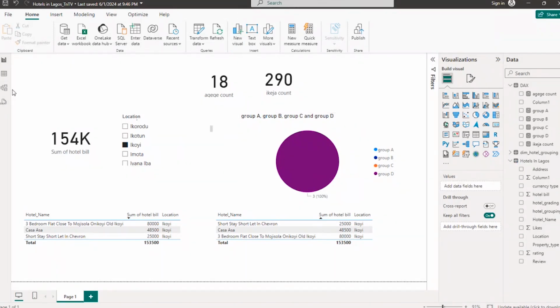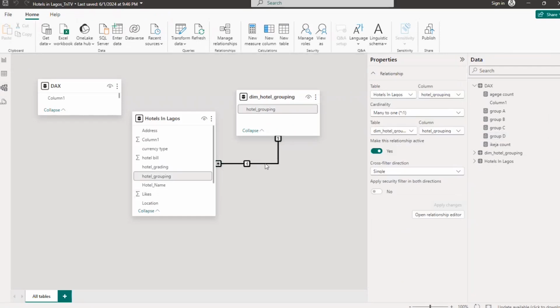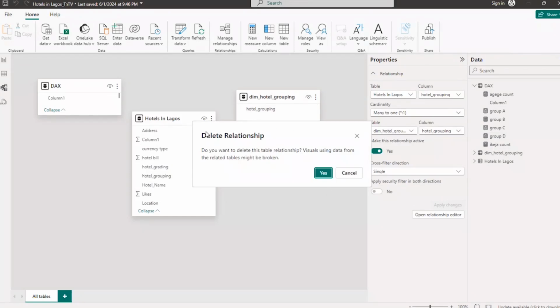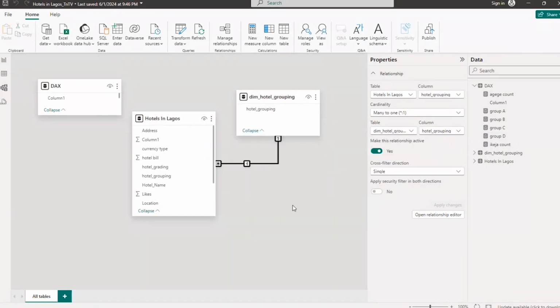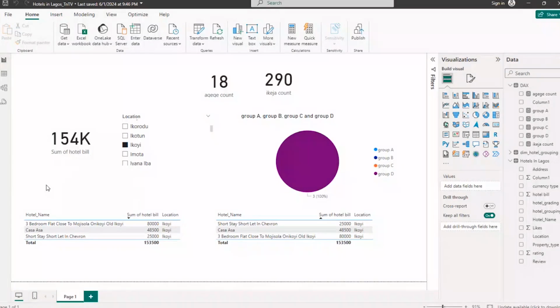Now let me come here and delete this relationship. I'm deleting this relationship. Delete relationship, yes. It has deleted the relationship. Let us come back here. Now let's